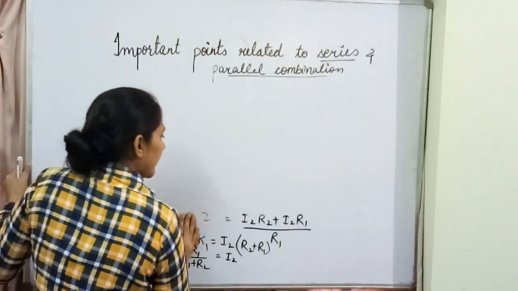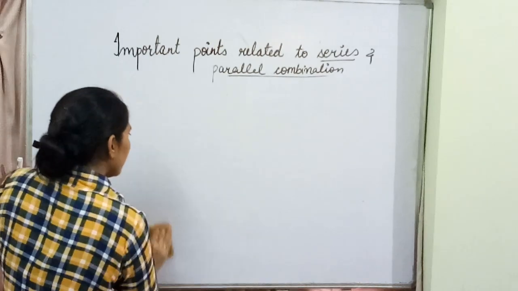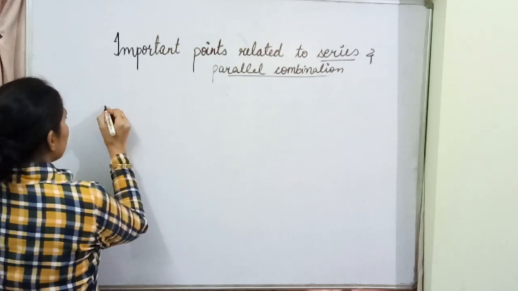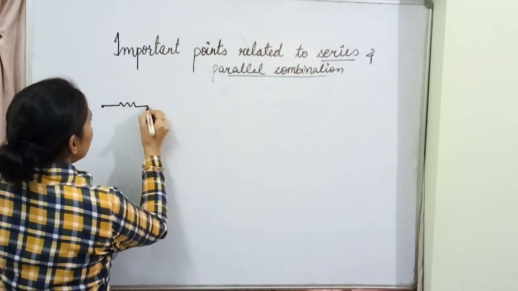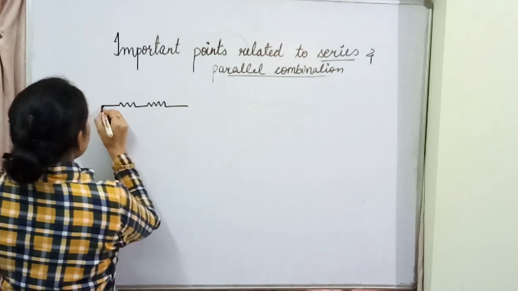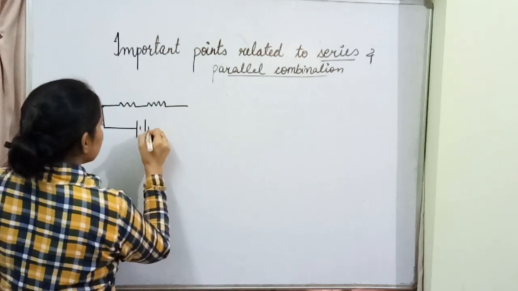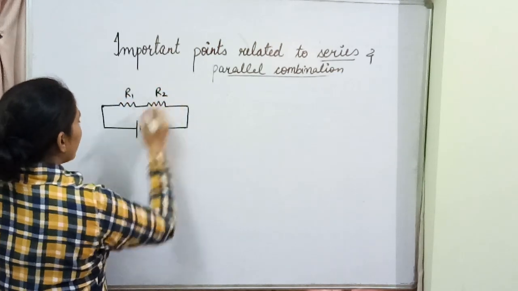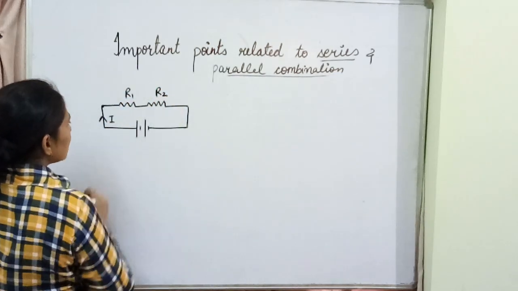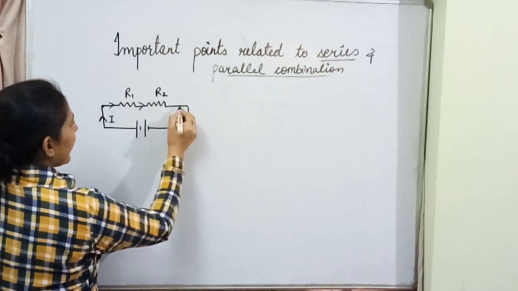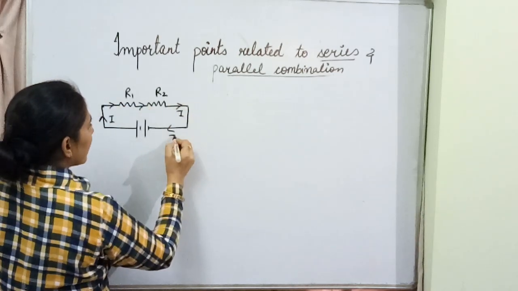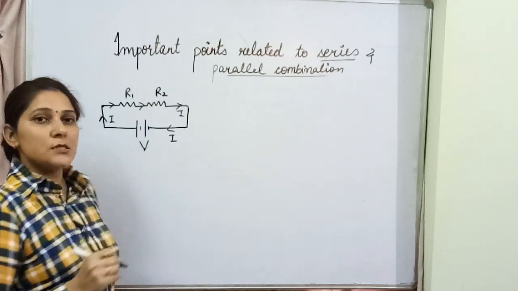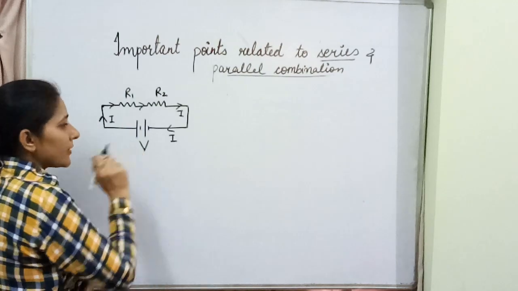When resistors are connected in series, we can find out the potential difference in each resistor. How can we find out? Suppose this is the first resistor R1, this is the second resistor R2. These are connected in series this way. Now current I will start flowing through these. Current I will remain the same here, and comes back in the form of I. The total potential difference across this combination is given as V.